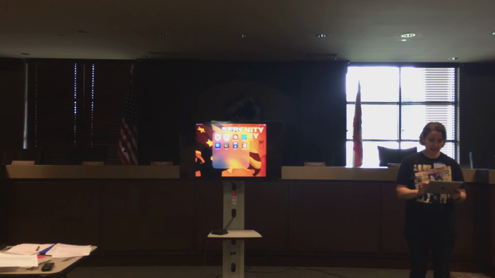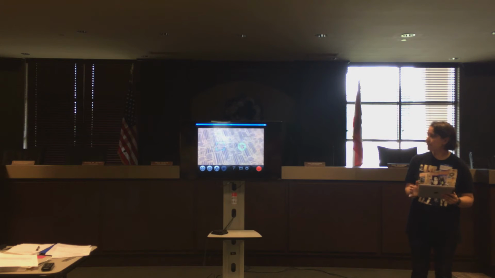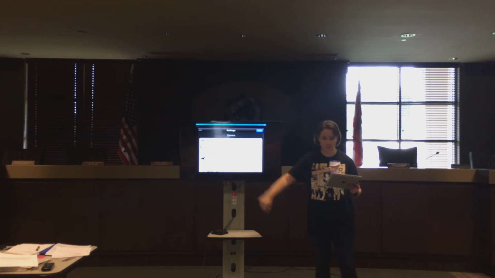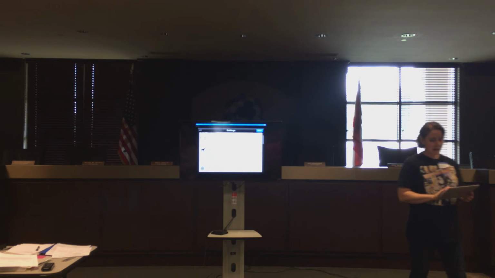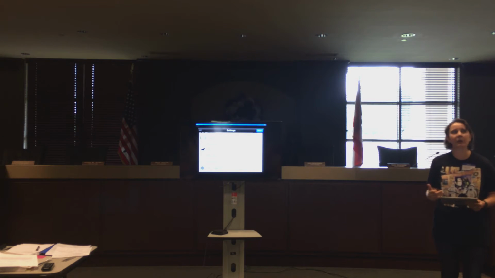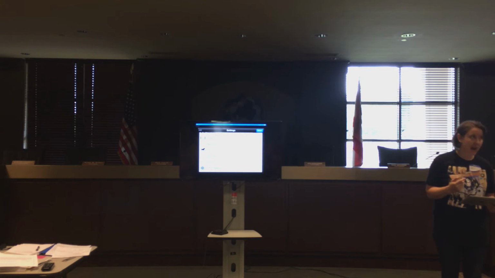So let me see if we can get this back up. Okay, the little gear down at the bottom is settings. One of the things you're going to have to make sure of is that you have as much free space as possible on your device, because when you shoot video, it's going to use up space fast.